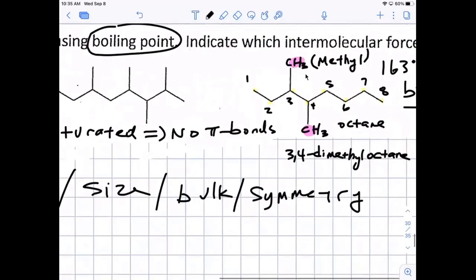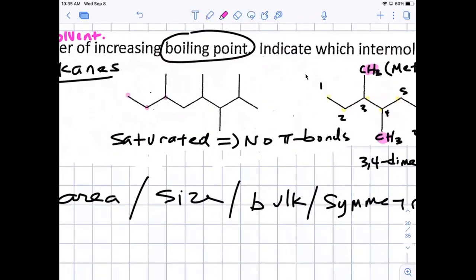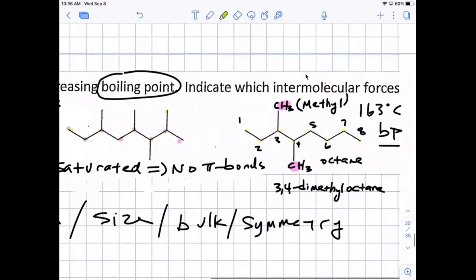We have a method now. Let's find the longest chain. 8 carbons. If we count and end at any of these other ones, it's not going to give us 8 carbons unless we count here, which is symmetrical. It's not going to change anything. So either direction, the green or the pink, doesn't matter. It's 8 carbons. I like the pink route because I'm weird and the last carbon is pointed down, and I like that. So our parent here is going to be octane.